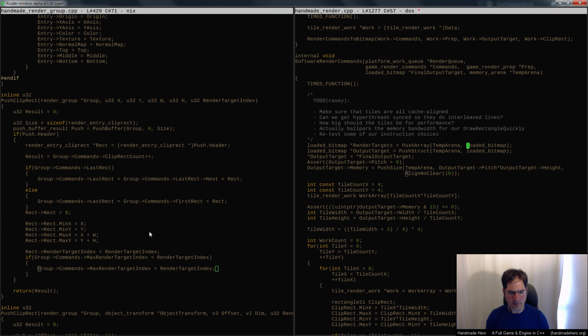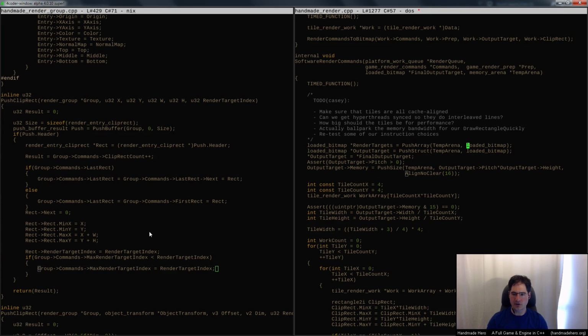It's kind of amusing. We used the same thing for loaded bitmaps as for drawing, but I don't really remember why we ever did that. Did we ever draw to something and then use it as a texture? We did. I know what we were using that for. Yeah, we used that for ground chunks. I knew we must have done it for something. That's what we did it for.